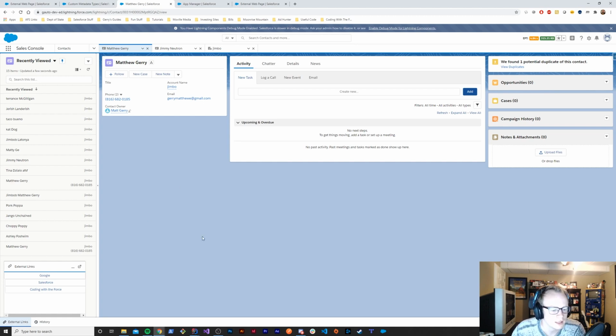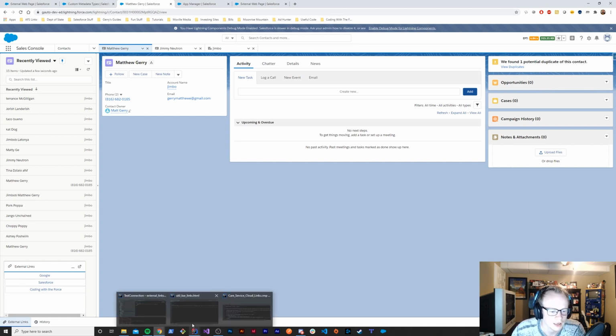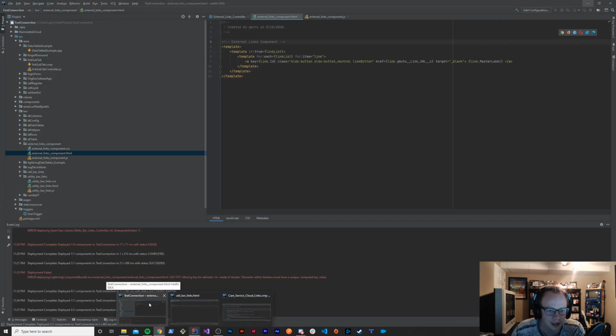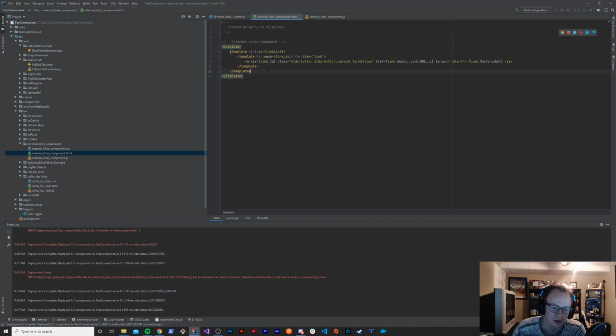Okay, so that's the very simplified version of the external links component. So if you don't need that open in a service console or sales console or custom console app part, super simple. Very easy, and honestly you can just stop here. But if you're interested in the moderately more complex portion of this, which is actually opening it in a service console tab,